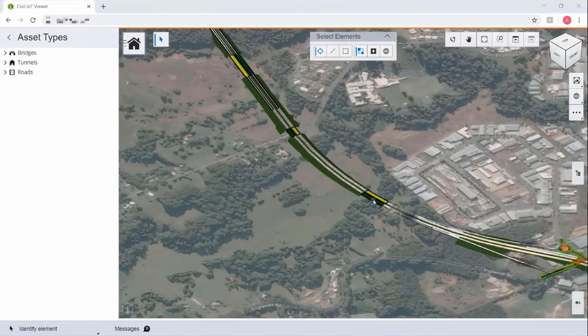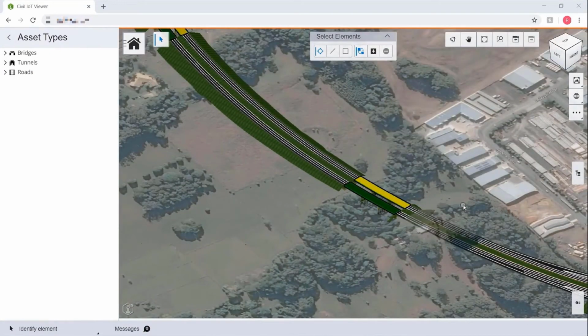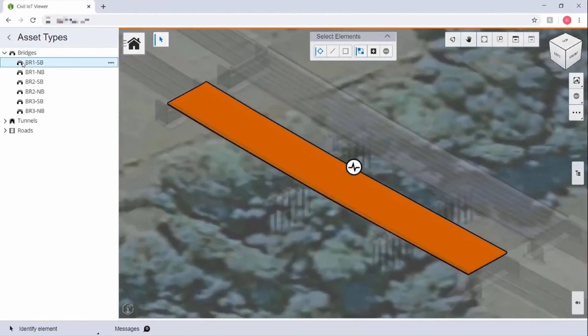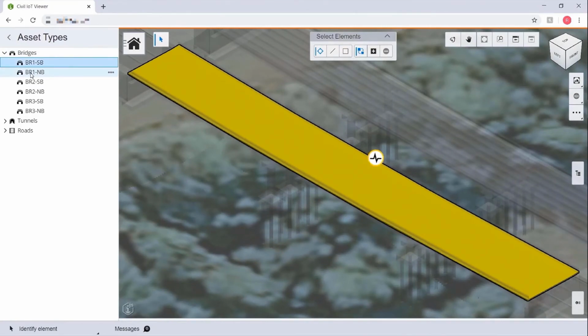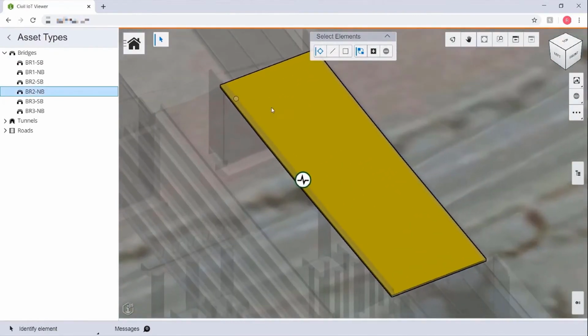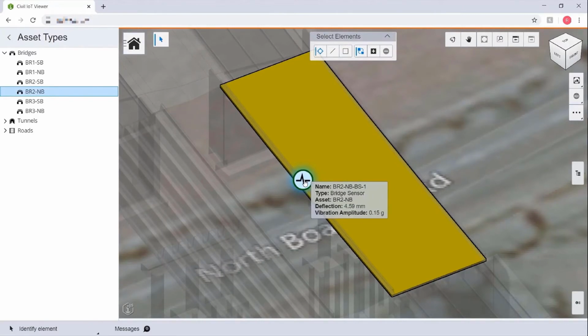Now, in this connected highway demonstrator, what we have is terrain information, a long stretch of roadway design that includes bridges, tunnels, and roadways with lanes, and a lot of IoT sensors hooked up through Azure Digital Twins. This is a very long section of road in Australia, and we're able to now visualize what's happening to the bridge, for example. What is the load and vibration on the bridge, and be able to color code based on the parameters you've specified